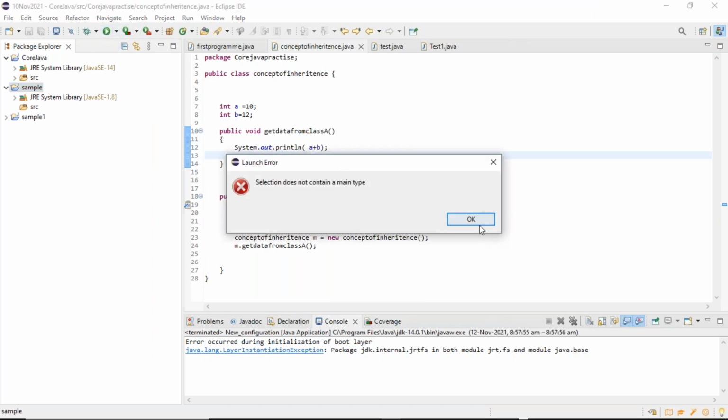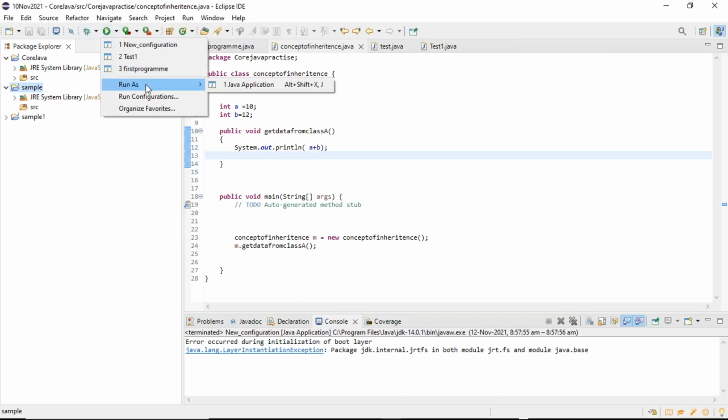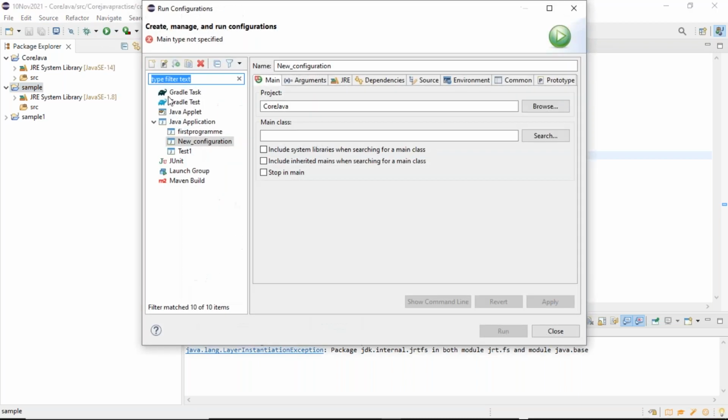"Selection does not contain main type." Okay, click on OK. Do one thing, sir. Again go there. One second. Main type is being asked. Is this it?